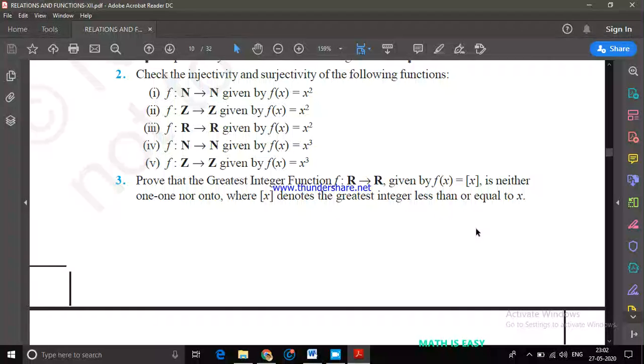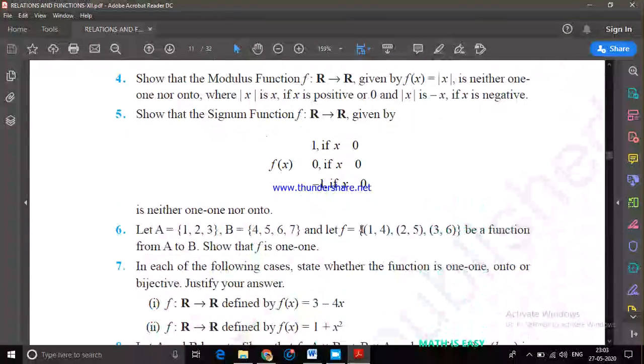Because in the second set, if you observe, only 0, 1, 2, 3, 4 are mapping. If I take 0.5 in the second set, because f is defined from R to R, right? 0.5 is not the value of any number, because in this set, from number 0 till 0.999, all are mapping to 0 only. So how would 0.1 or 0.2 or 0.3 from this set be mapped? So that's why it's neither 1-1 nor onto.